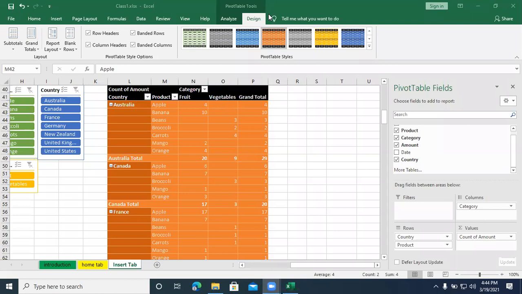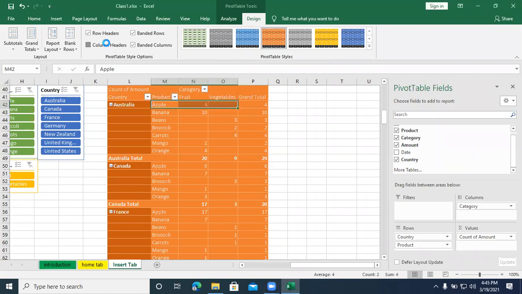Ma'am, I meant the color, like how you highlighted the color of the countries. That will display by default. You see row headers and column headers. Oh, okay, ma'am. Thank you.